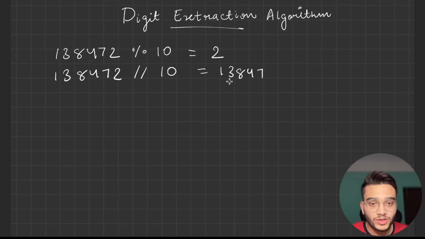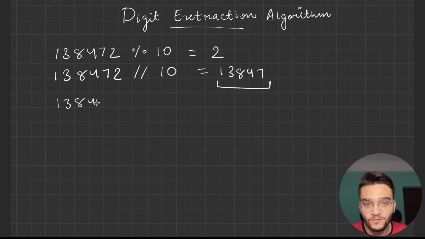Now once your number is 13847, you can again say 13847 modulo 10, which would give you the units digit again, which is 7 in this case, and then again you can say 13847 integer division by 10, which would give you